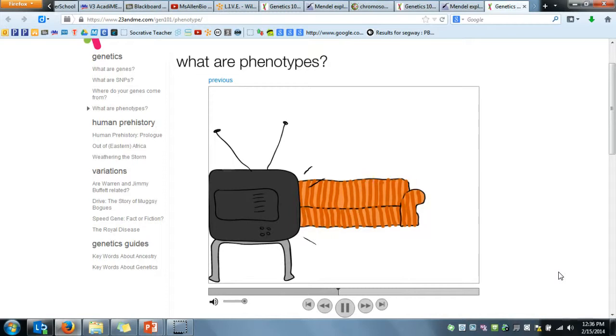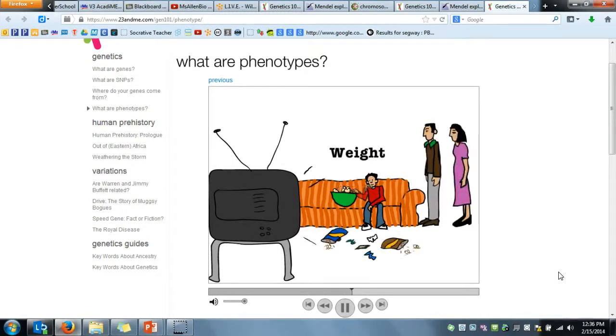Genes also play a role in whether you have a healthy body weight. But diet and exercise can profoundly affect how